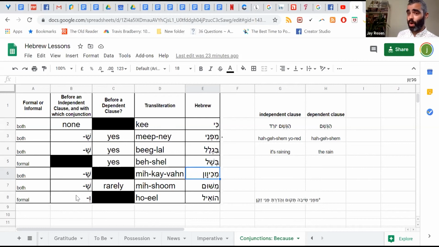Okay? But just know this word you've probably seen a lot and you didn't know what it was, because otherwise, why would you use this outside of a legal context? It's just another synonym for all this. Okay, so all these words, what it comes down to is because is used a lot, just like in English, it's used a lot in Hebrew, and in Hebrew we have a variety of words that all basically mean this. There's just a slight difference in when you use one versus the other.